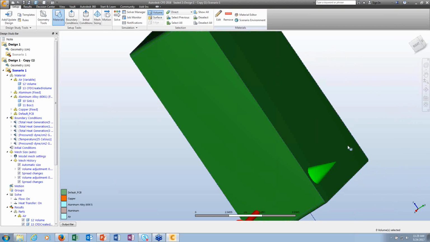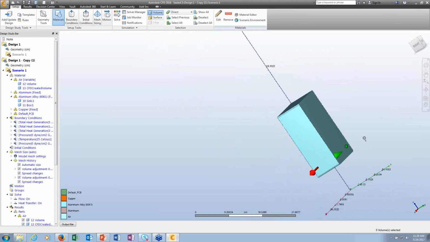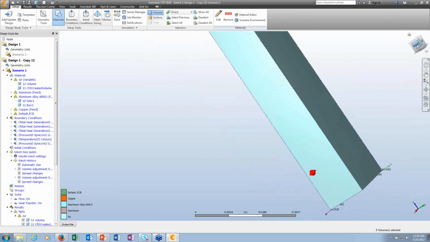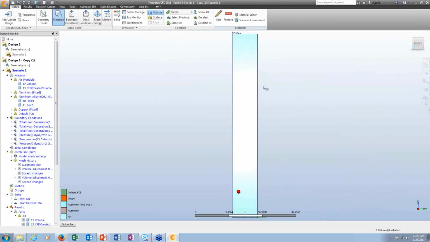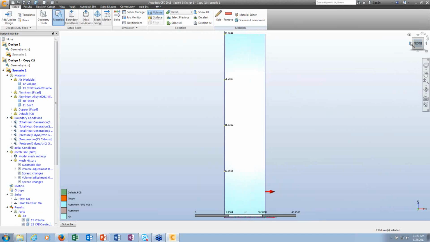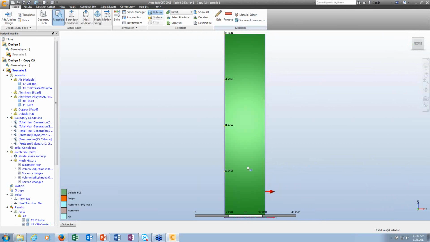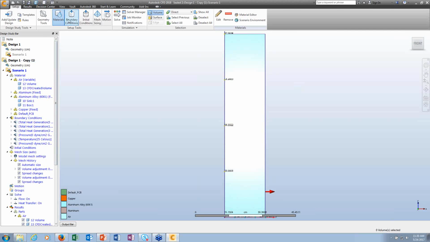What we did inside of CFD here is generate the outside air where the natural convection is going to happen. So this would be the inlet. The gravity is in the negative Z direction going downwards, but due to buoyancy, the air will rise and flow up. And if you look at the boundary conditions here,